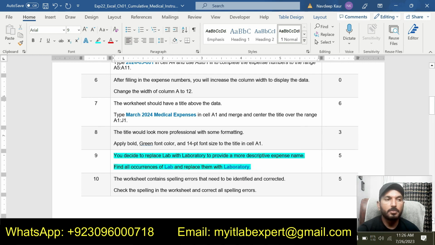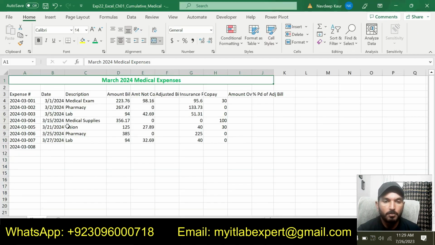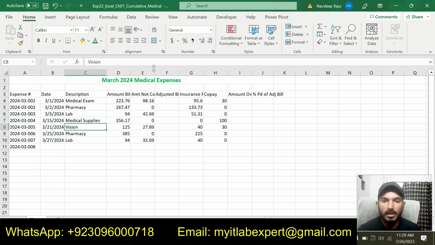So next step is step number 9. You decide to replace lab with laboratory to provide a more descriptive expense name. Find all the occurrences of lab and replace with laboratory. So simply go to the Excel sheet and go to the home tab and click find and select, and we will select replace.